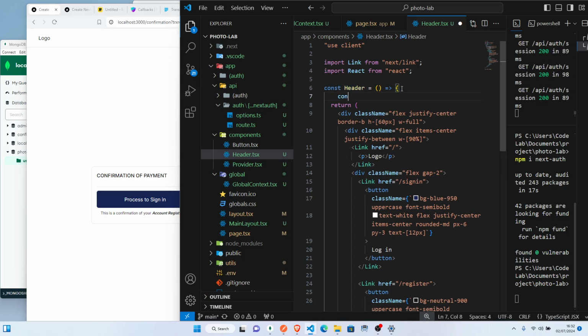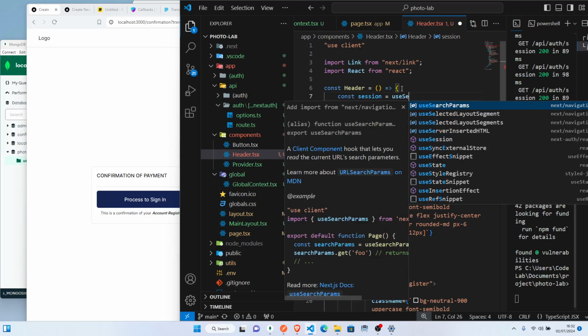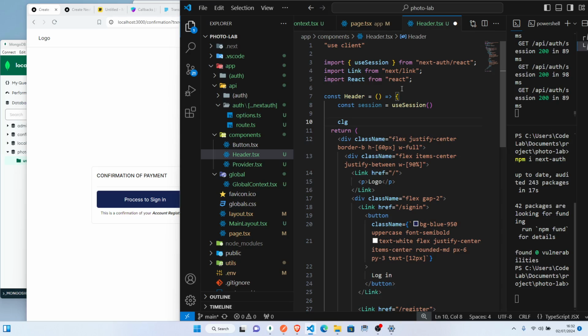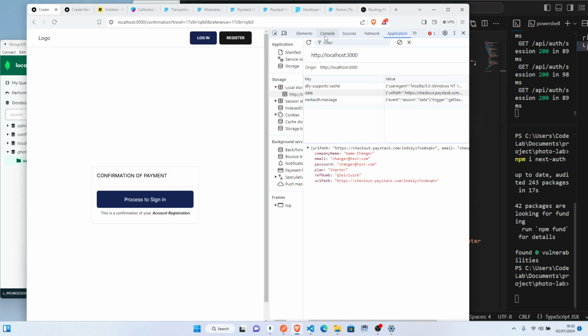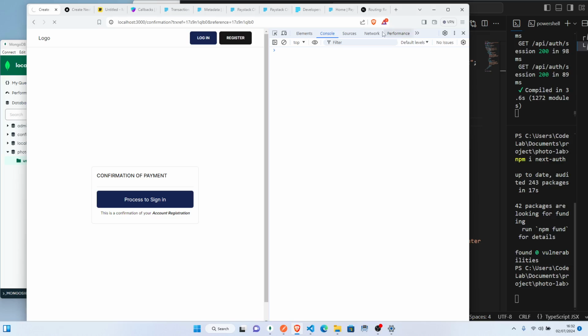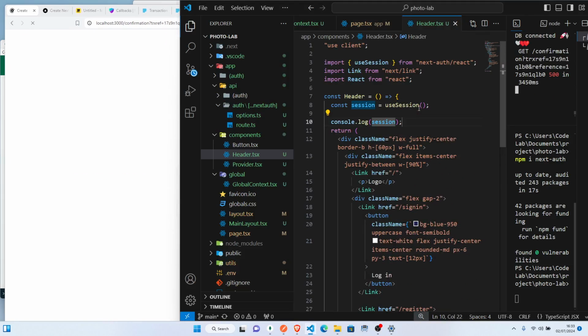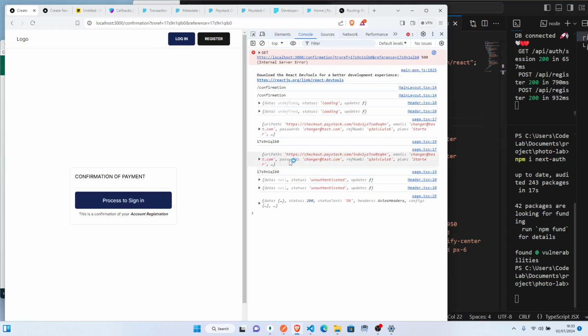Then I will say const session equals useSession. Then let's console log session. This session is supposed to be null, right? Then what we will do is, if it is null,